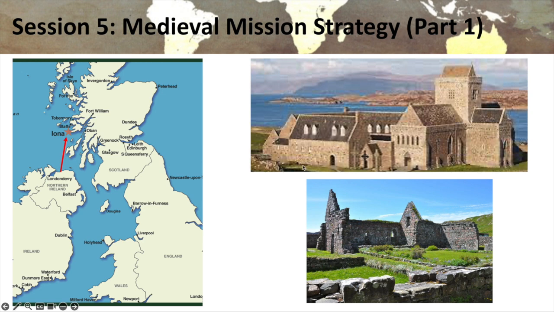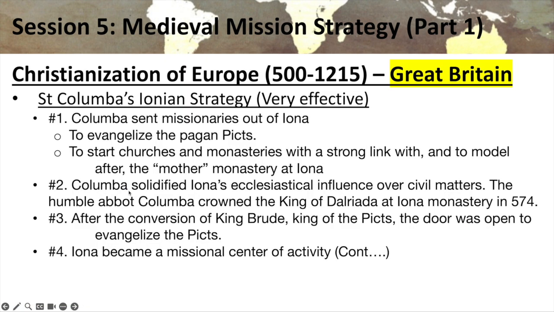They set this up as a training center and a launch point to launch over to Scotland. So this here is the island of Mull, where my arrow is circling next to the star. They would go over there, and then they moved over to Scotland, and they spread out, setting up monasteries. That was part of his strategy, which we're going to look at coming up next.